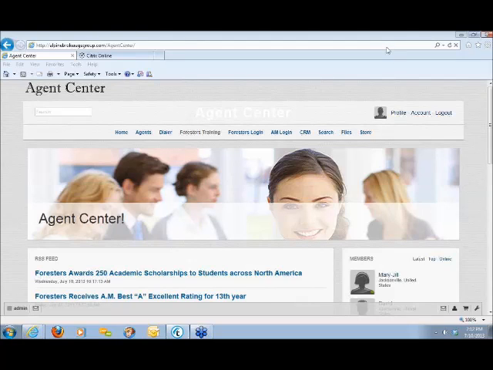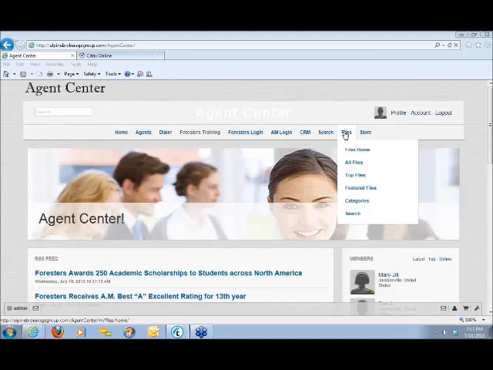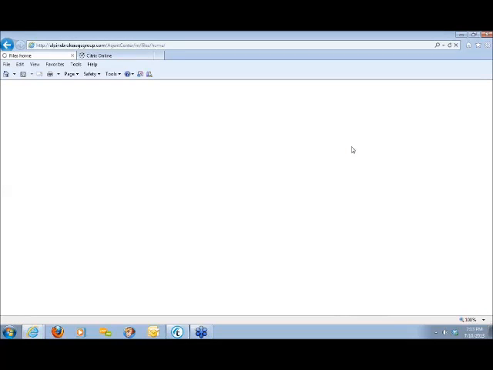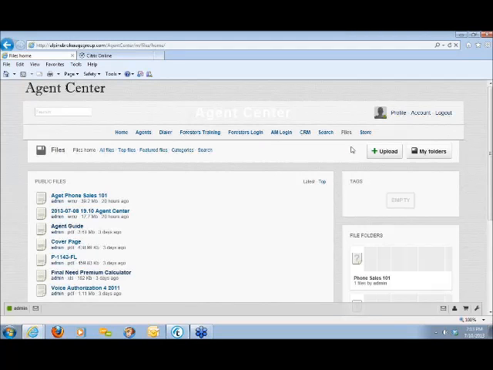The Agent Center training for this evening. What I'm actually going to do is be discussing the Files tab, and then we're going to go into the CRM. Let's go ahead and start out, however, with the Files. If you guys hover over the Files link in the Agent Center and go to Files Home, it's actually going